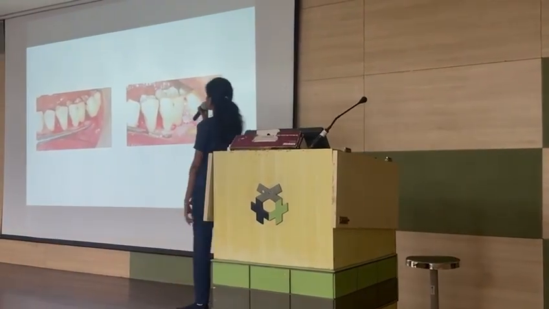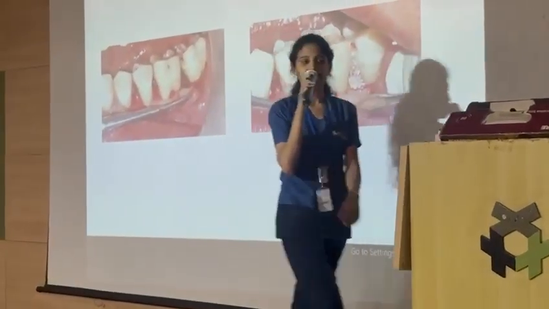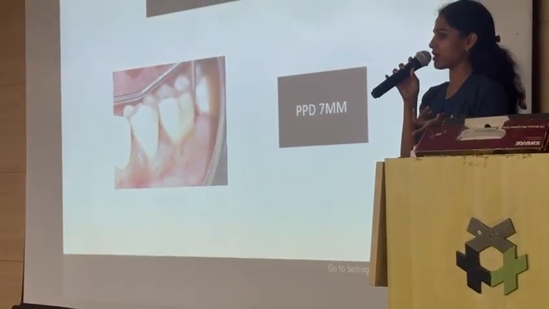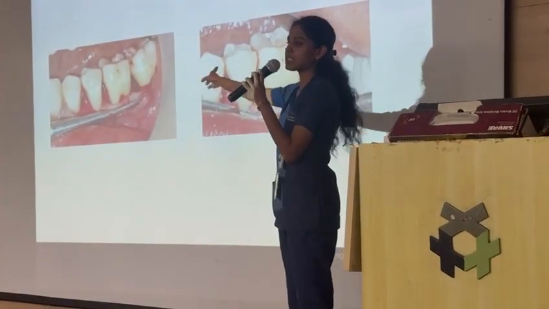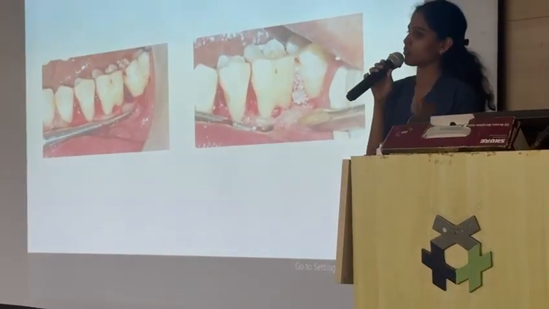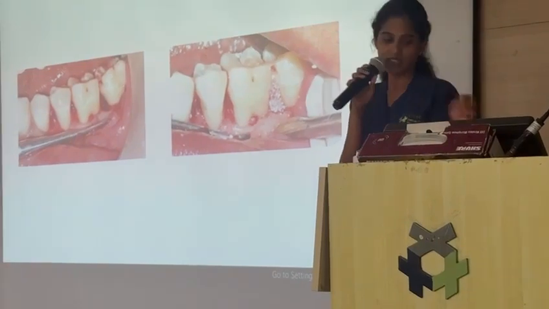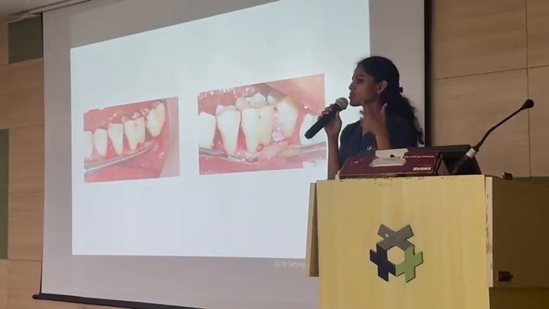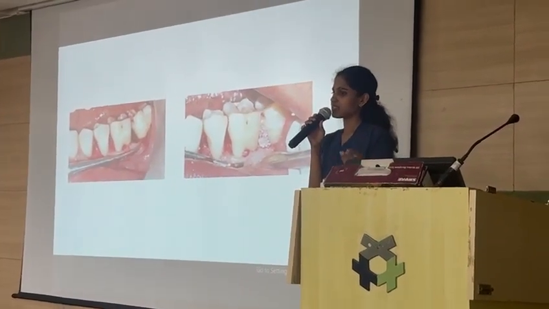So this is the flap surgery. Correct, the 6th molar. Here you can see in the molar distal surface she has a 7 mm PPD. So during the flap surgery you can see a defect in the distal surface of the molar. So we placed bone graft for regeneration of the bone. After placing the bone graft, to keep it from displacing we will place a membrane and we will suture it. Okay. So this is one of the cases for regeneration.